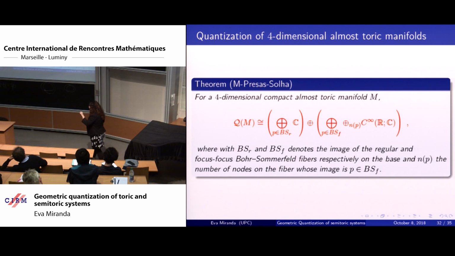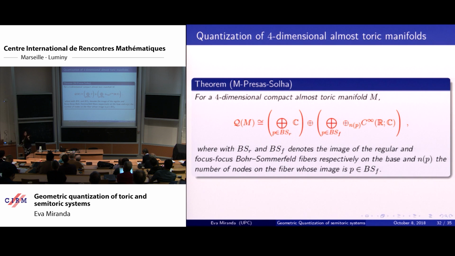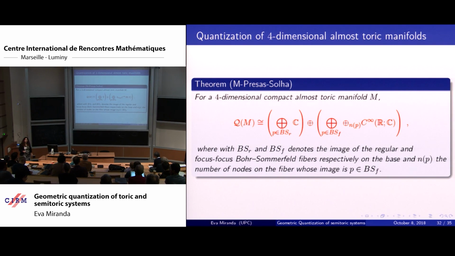Okay, and it turns out something very interesting: whenever I have a focus-focus singularity, and we are going to see this on Wednesday in the talk of Sue Tolman, I have an S1 action, which I can use. I don't have a T2 action, but in the neighborhood of this point, I have this S1 action, and I use this to prove part of it. So how do I compute this? I compute this with my Hérbiatories and Cunard formula.